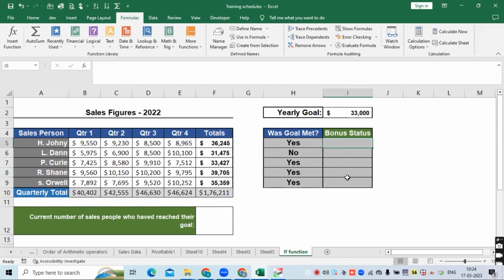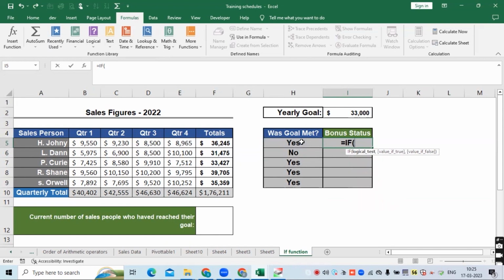If a salesperson meets the goal, then he qualifies for the bonus being given in, for example, an organization. So we will just say equals IF, if goal is met, if H is equal to yes,